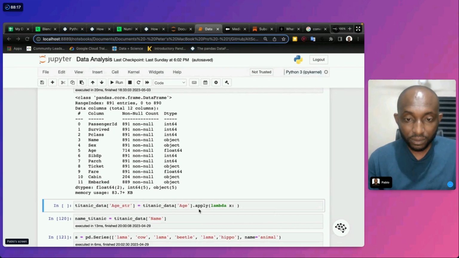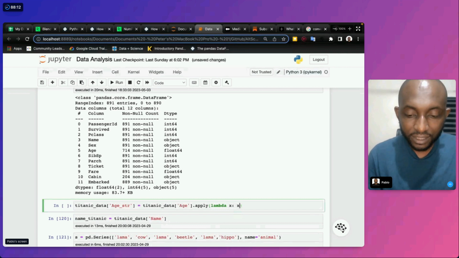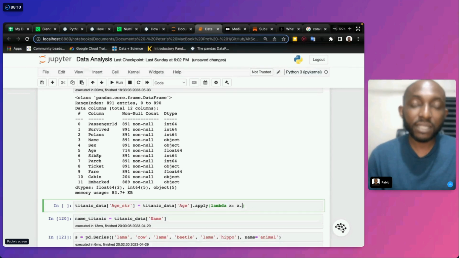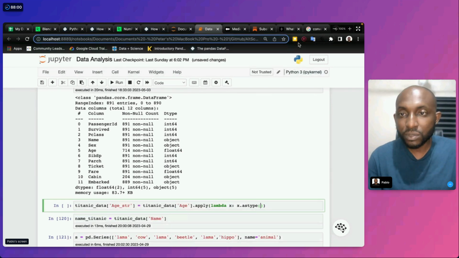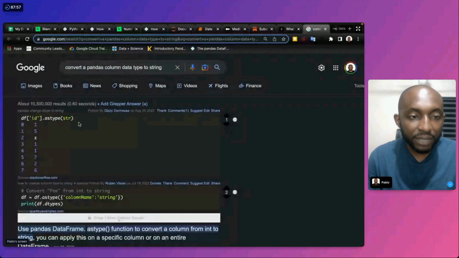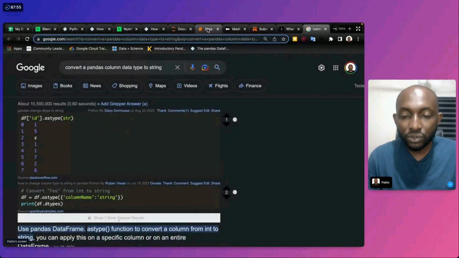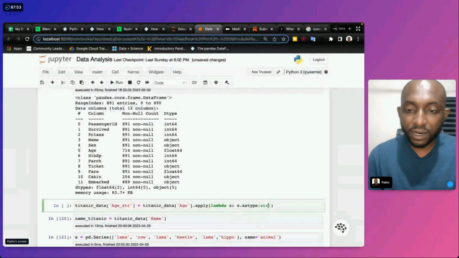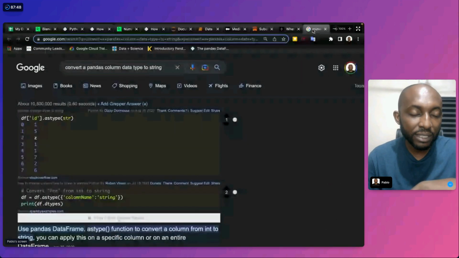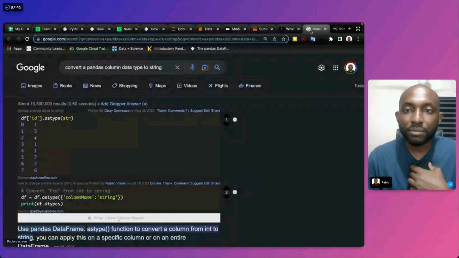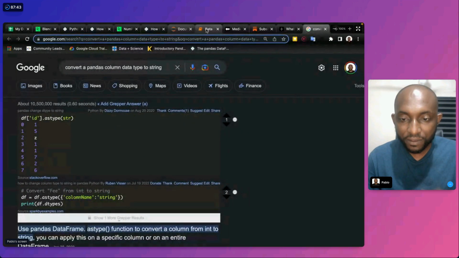So to convert to string, we can say x dot astype, open bracket. Because to convert, it is astype, then we put str inside. Once you are trying to convert with astype, you put str inside. Yep. And so that should convert this.